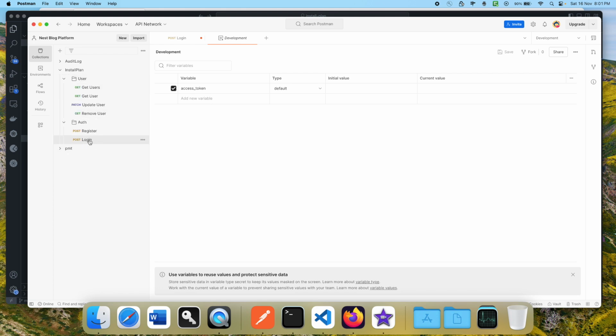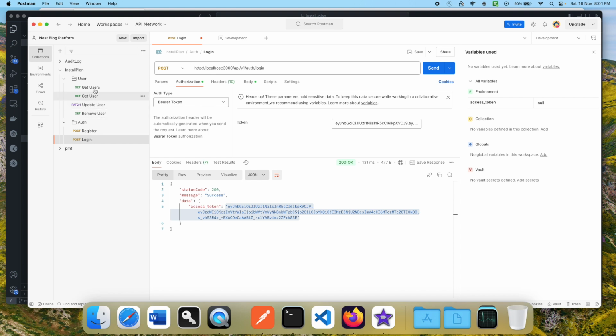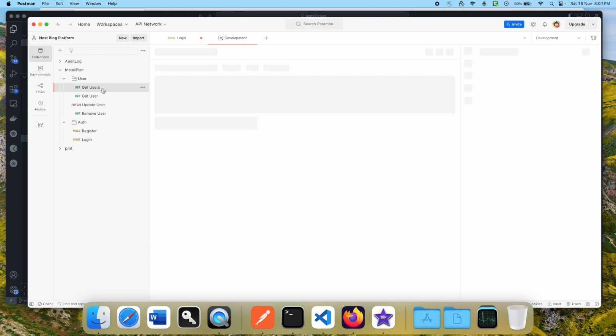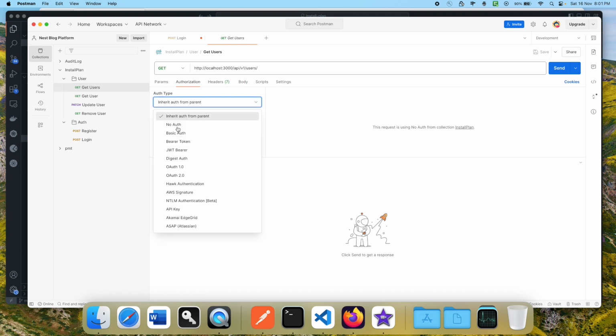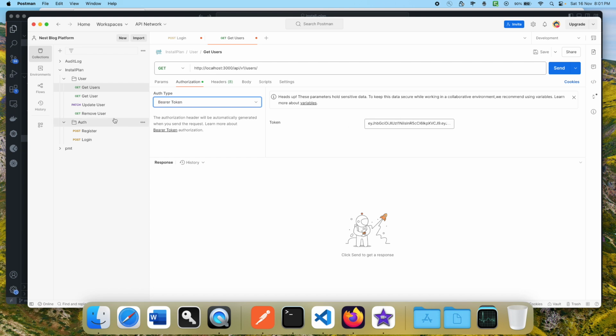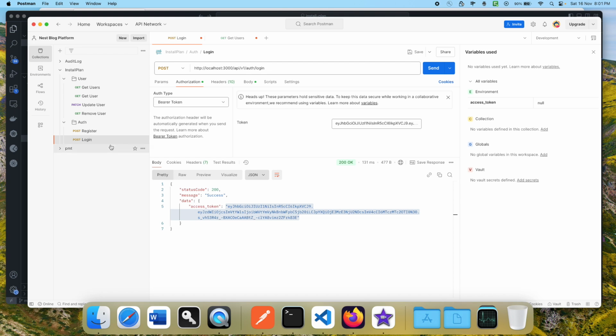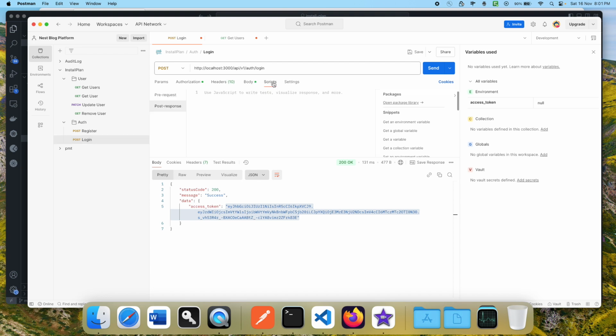here is, let's say these are, get users is what you can say is a private route. So in that case we would like to have the updated token automatically when we do login, right? So in that case, let's go in login first, and if you see here in the header we have the scripts